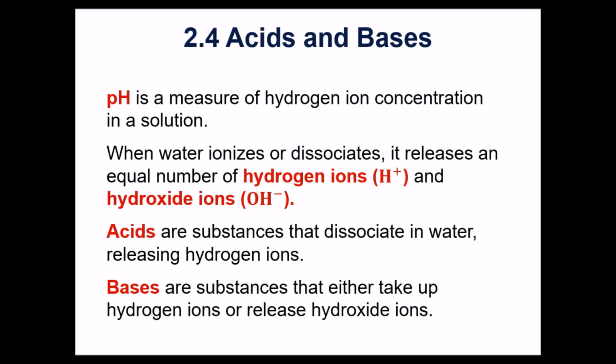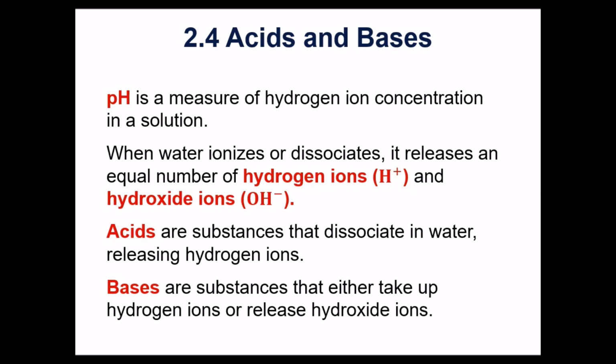And the fewer hydrogen ions you have, the less acidic or more basic you are. And whenever you have water, water will dissociate into hydrogen ions and hydroxide ions, which is OH minus. There are different ways in chemistry to define what an acid is and what a base is. This is usually the definition that we see when we study biological organisms.